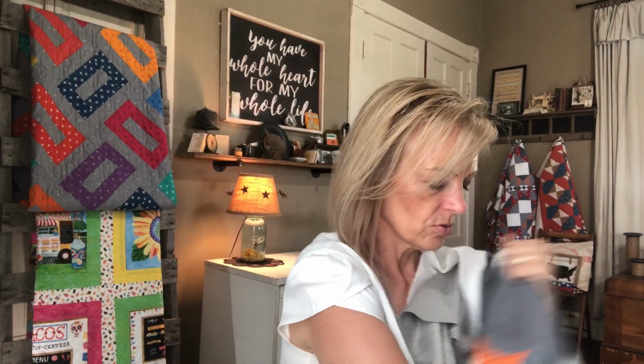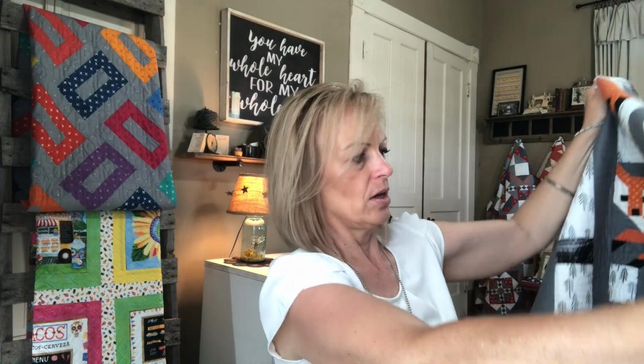I think it's just those 2. Let me look just to be sure. Yeah, just those 2 different blocks. And then when you put it in the rows with the birch fabric,